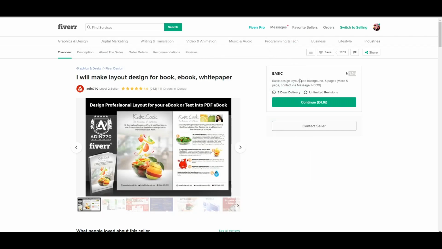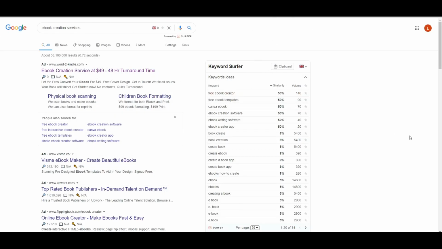So you can either hire a VA to do this, you can charge more, or you can even take this and go to another freelancing website. Next, you can even type in something on Google like ebook creation services, and if there's people advertising this sort of service, you know that there's likely money to be earned, purely because they are spending to find customers for